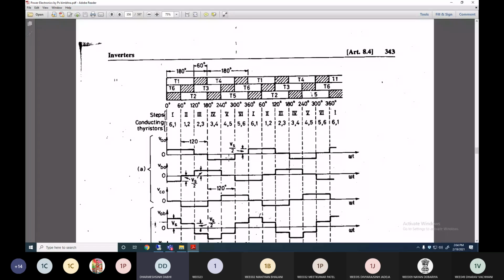So if you require more output power, then you can go for the 150 degree mode of inverter, neither 180 nor 120. Clear? Ideally you can use 180 degree mode because it gives the maximum output power, but the problem is that commutation failure will damage your 3-phase inverter or the switches of this inverter. Clear? So generally prefer less than 180 degree mode of inverter. You can use the 150 degree mode.